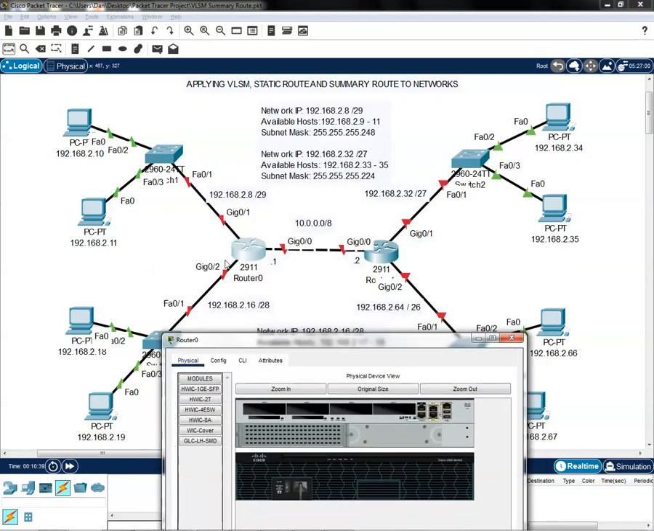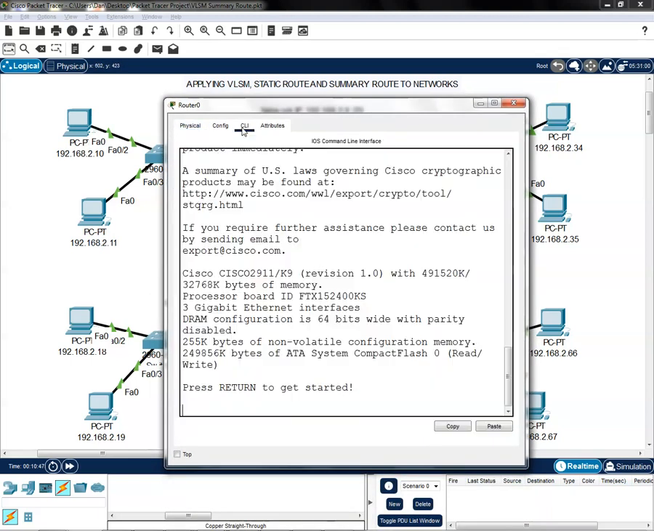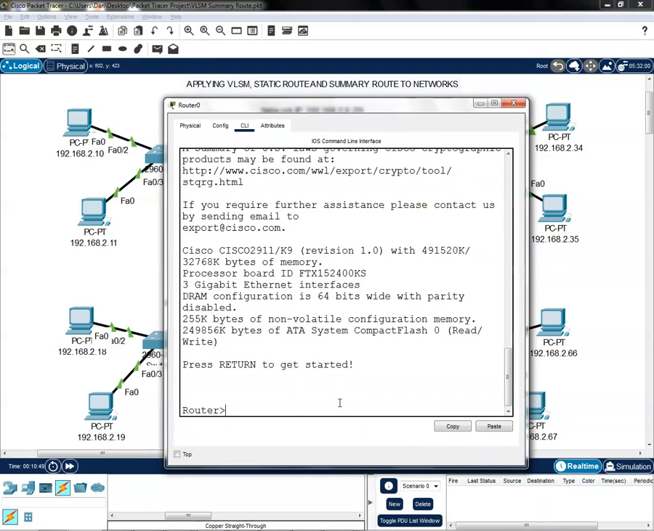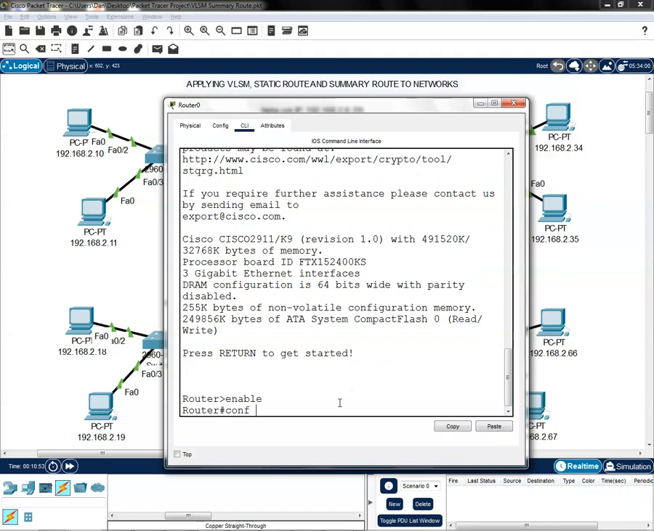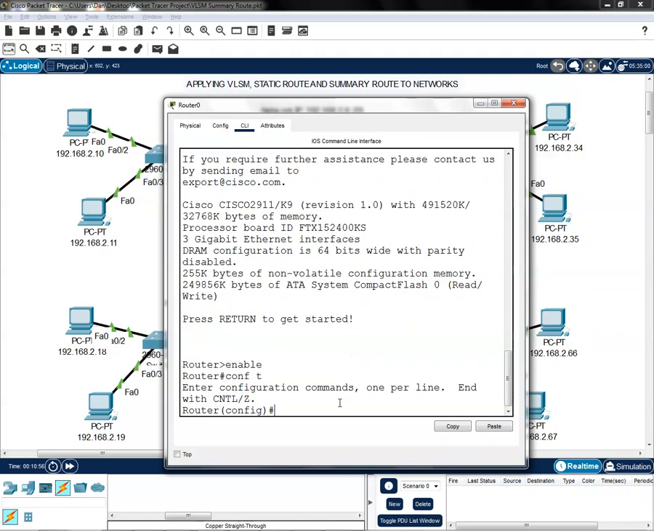Okay, close this, and then let's open up the router. Let's register their default gateway and also this IP address in here. So let's go first on this gigabit 0/0, command line interface. I'll hit enter to get started. I'll type enable to go to the privilege mode. I'll type conf t to go to the global config mode, and then I'll go to the interface gigabit 0/0, and